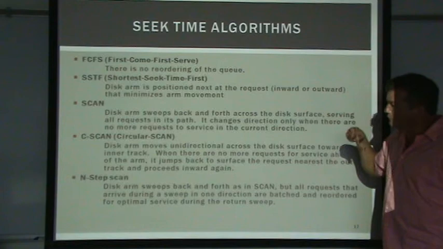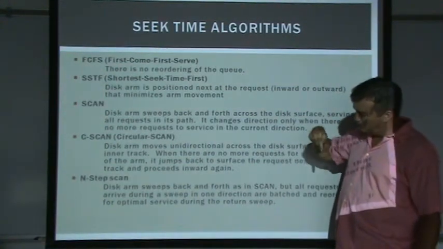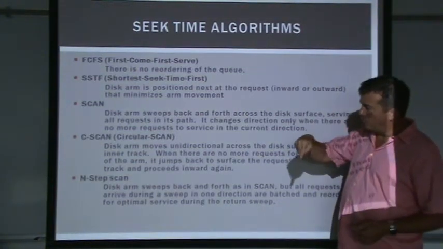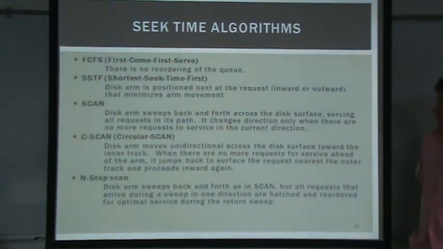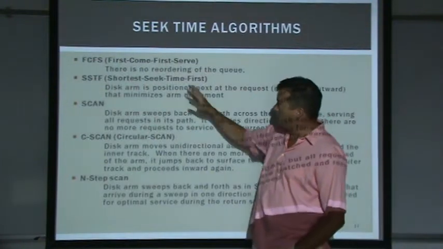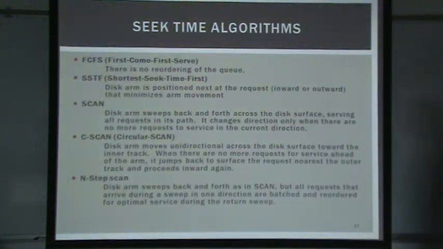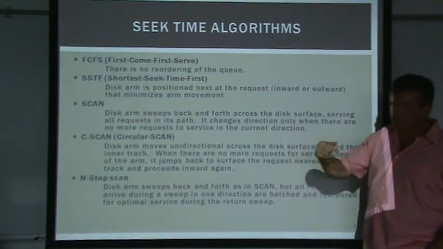Okay, so now as a read-write head, let's say we had one disk drive, a read-write head is going across the drive, the drive is spinning and the read-write head is sweeping back and forth. There's different ways that we can handle the requests that are coming in. A pretty basic one that's simple to implement is first come, first serve, so we've seen that before.